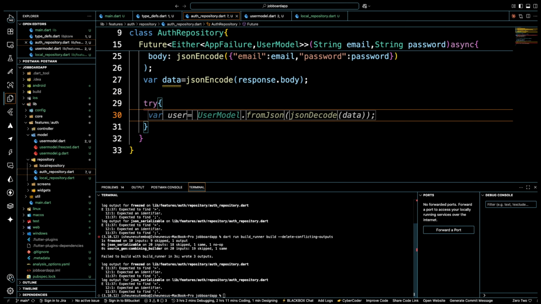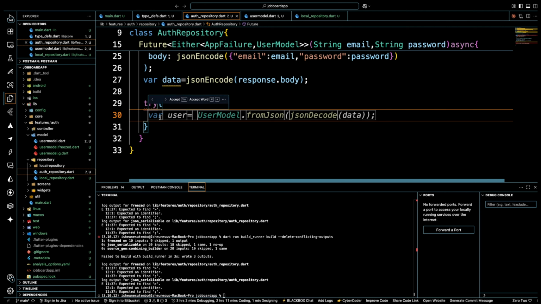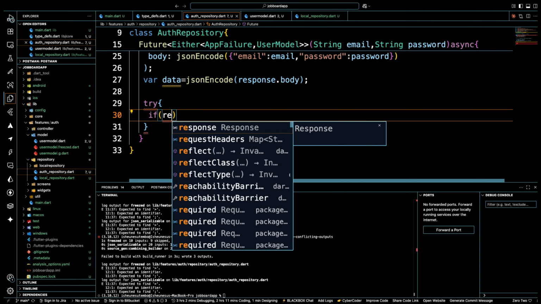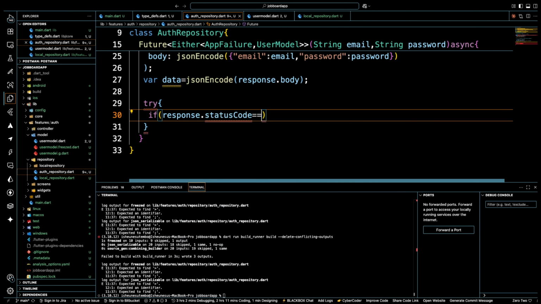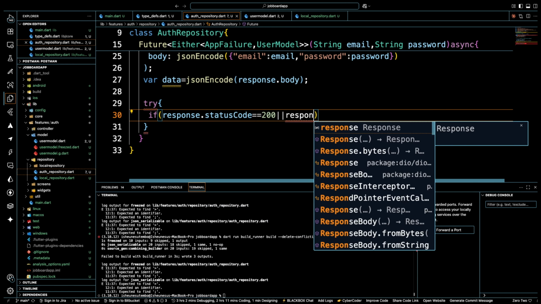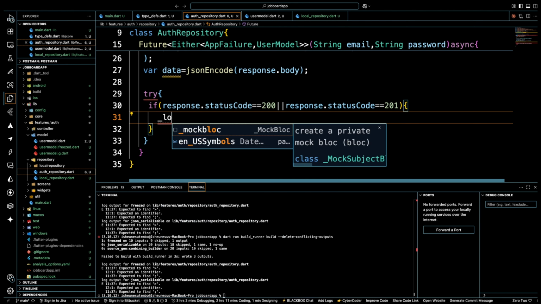We need to create a try-catch block so that if there are any errors, we'll catch those errors, right? So the first thing that we are going to do is check from our response. If the response status code is equal to 200, that means that everything went well. Or response status code is equal to 201, right? We are going to check if everything went well. What we are simply going to do now is